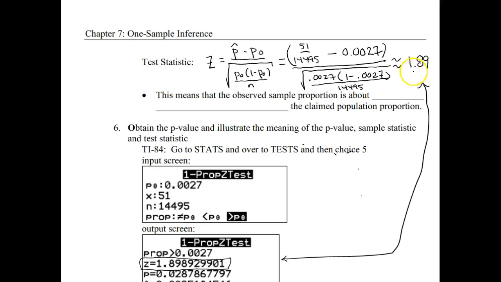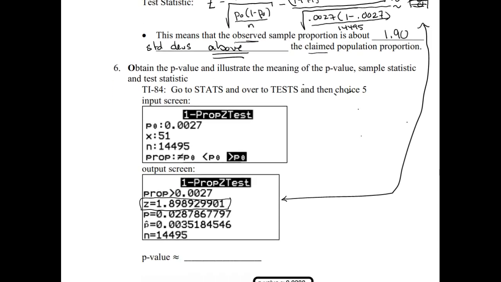If we go back to the first unit when we talked about z-scores, this z-score means that our observed sample proportion, what we actually saw in the data, is, if we round that, 1.90 standard deviations above, since it came out positive, the claimed population proportion. So the gap is about 2 standard deviations. But common people don't really know what we're talking about when we talk about standard deviations, so we translate that into a probability with a p-value.